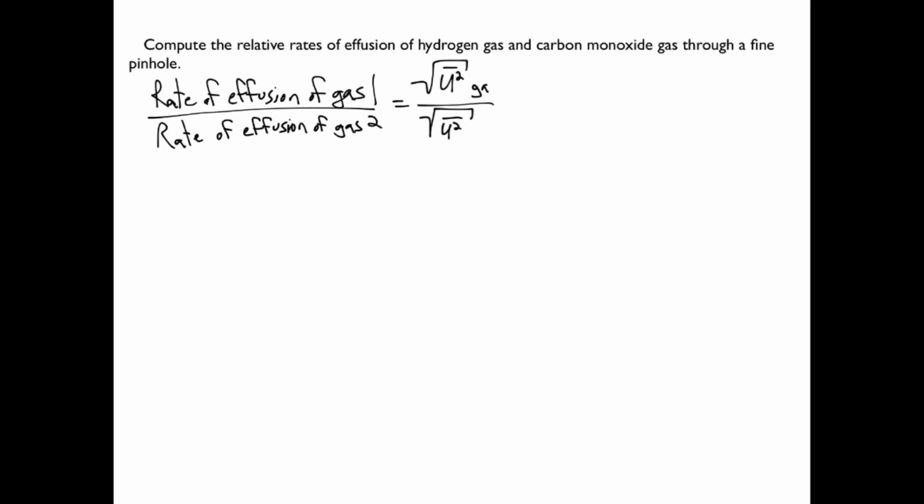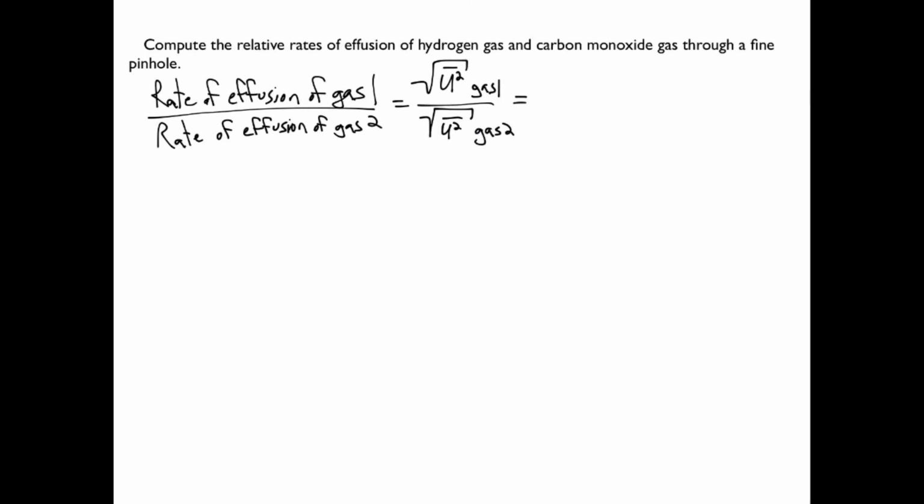So using the same notation I used before for root mean square velocity, where this one is specifically corresponding to gas 1 and this one is specifically corresponding to gas 2,